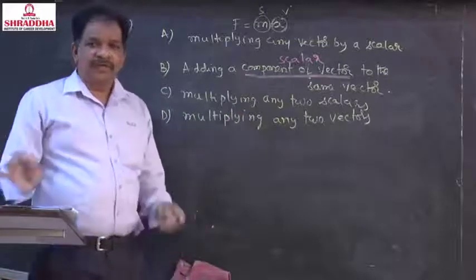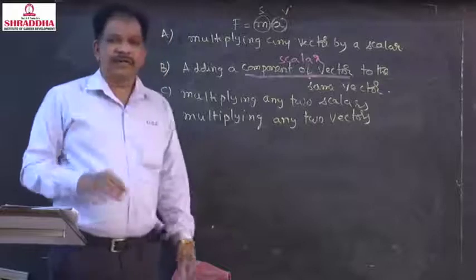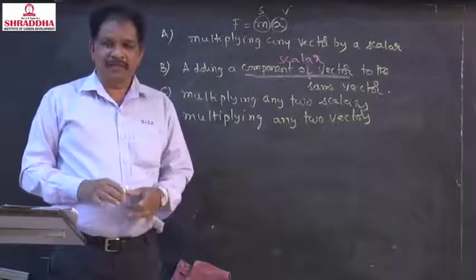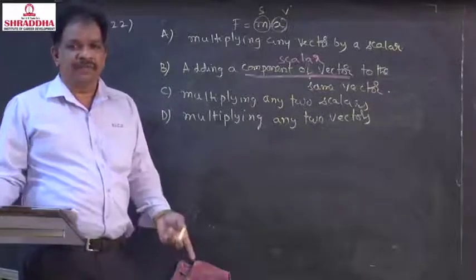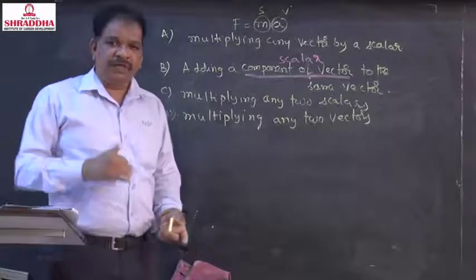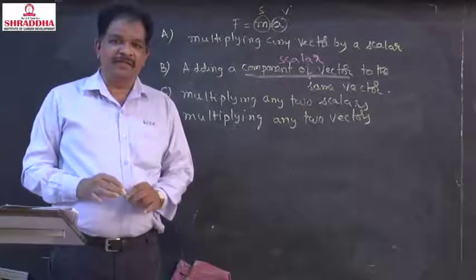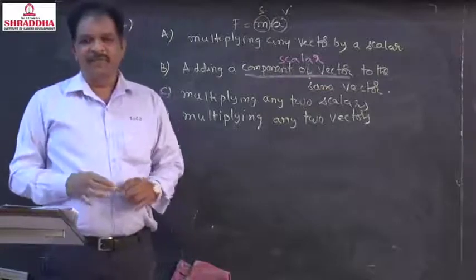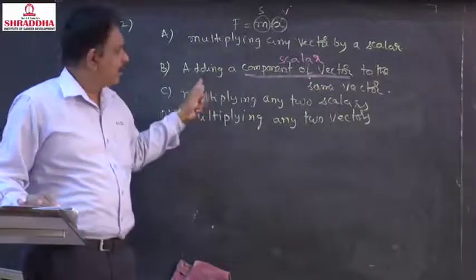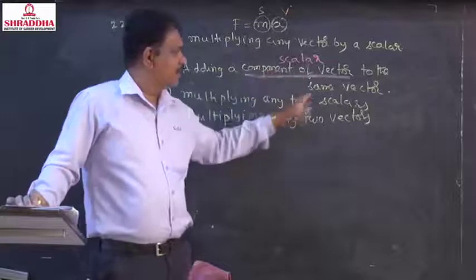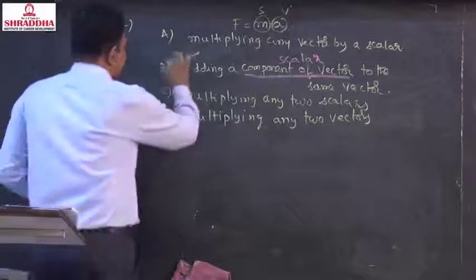Both are different. For example, in your classroom, 20 benches are there, 6 fans are there. How can you add benches and fans? Both are different. If you subtract 6 fans from 20 benches, what is the answer? If anybody asks, you will laugh. Why? It is meaningless. You can't subtract fans and benches. No? Like this we can't add scalars and vectors. So this is meaningless. So this is the answer.